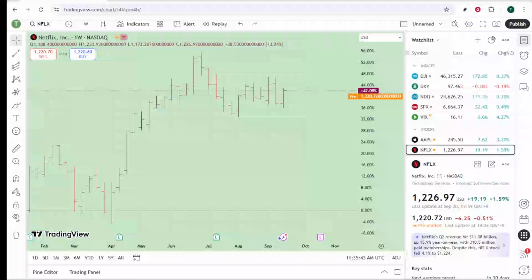In today's video, I'm going to teach you how to troubleshoot and resolve the issue of disappearing candles from your chart. If you've been trading or analyzing stocks and suddenly find that your candlestick chart is missing its candles, don't worry, this is a common problem and usually easy to fix. We'll go through a few simple steps to help you get those candles back on track so you can continue